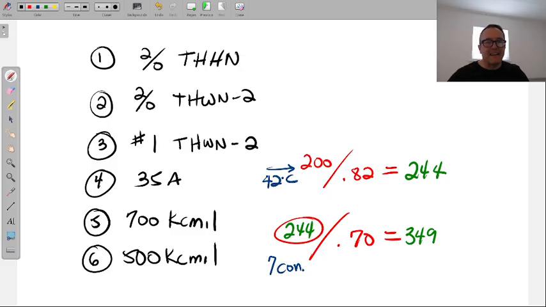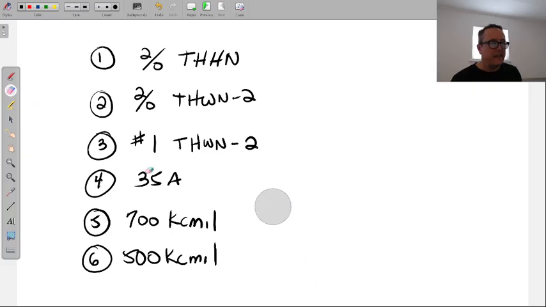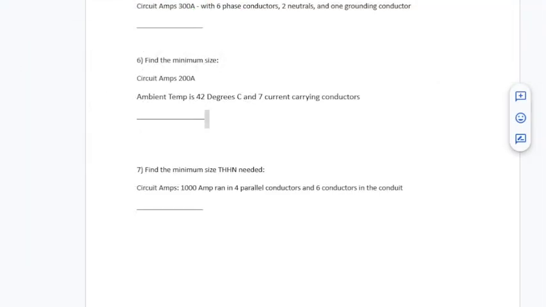All right, anyone not get to the right size wire here? All right, last but not least, this is going to be an even harder question. So here's what we're doing.